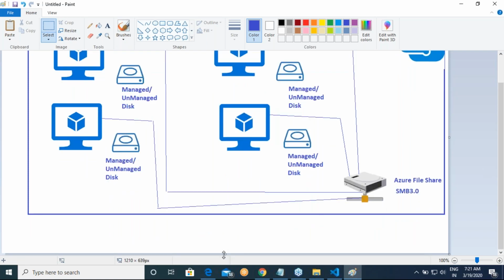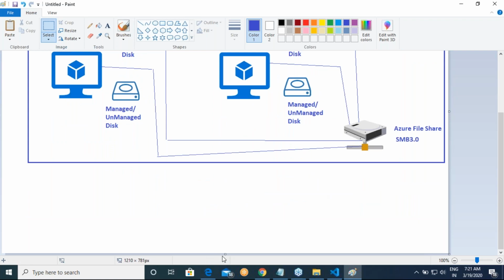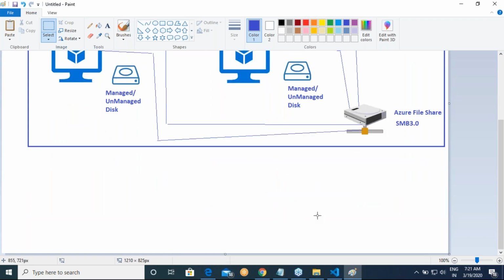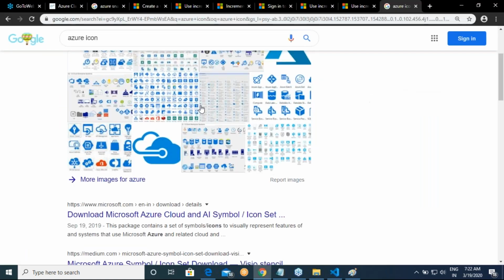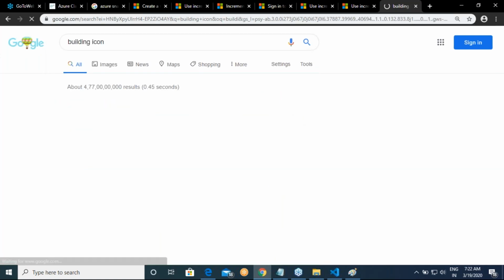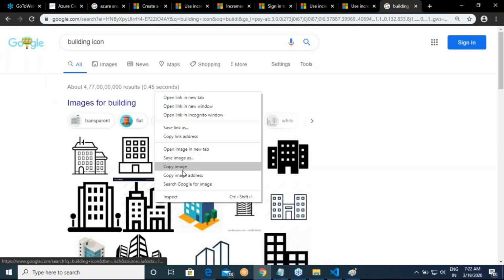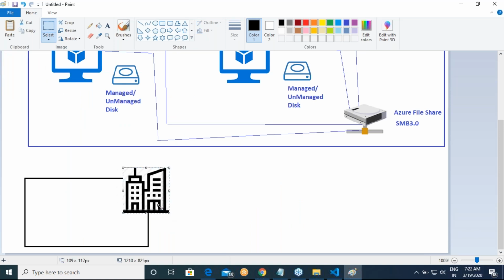You can connect this file share to your on premise, which is your office.